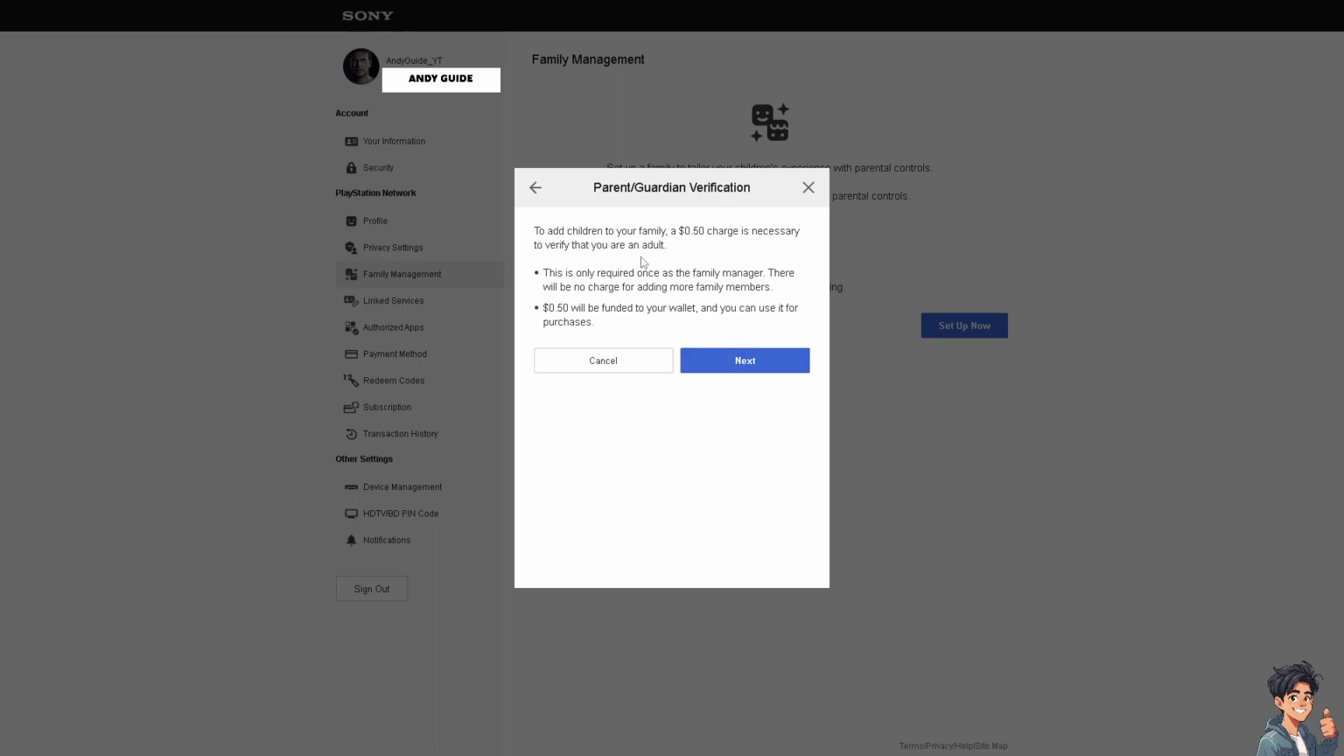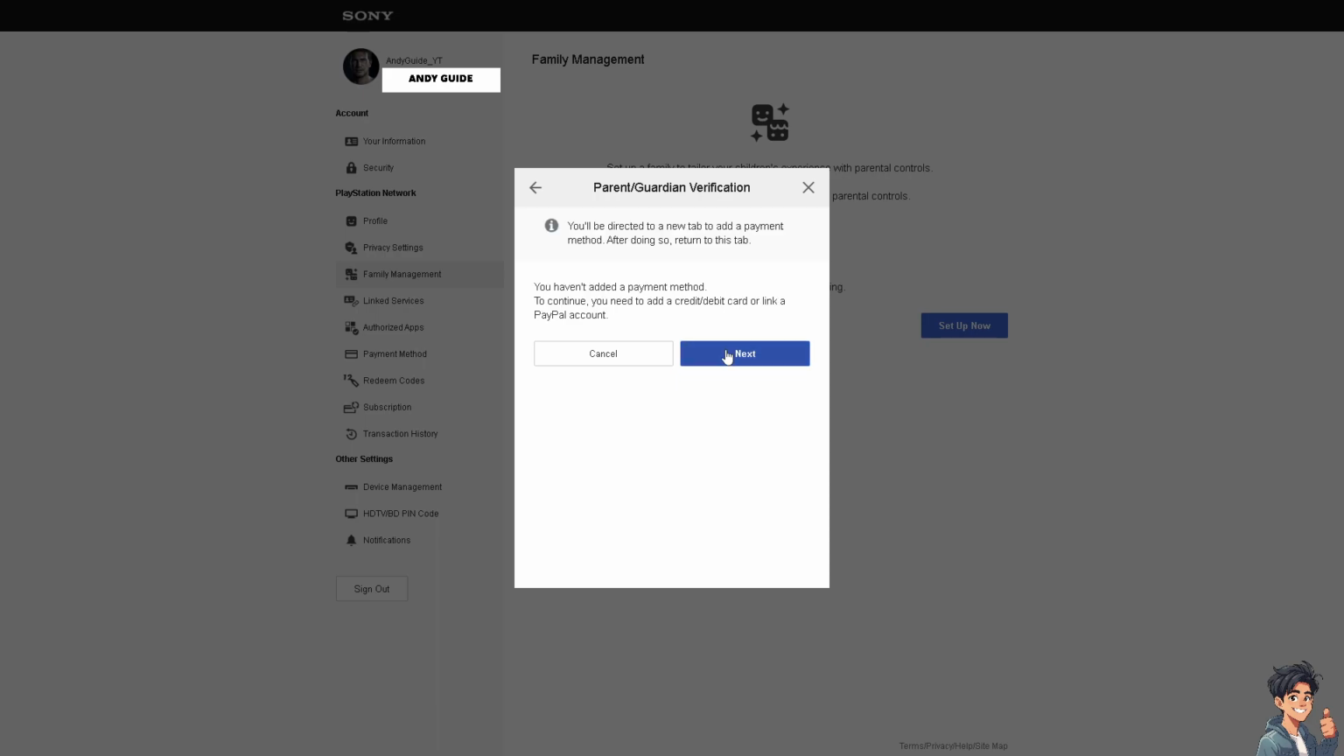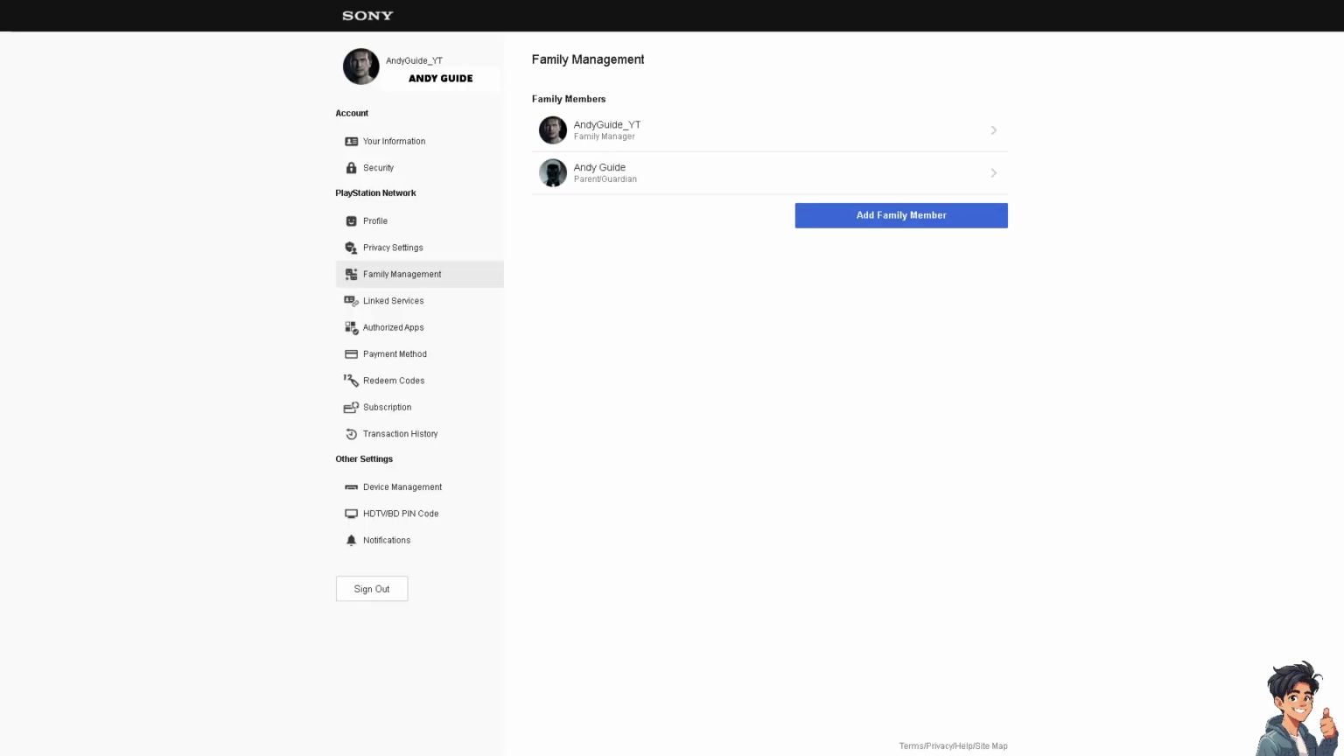Now, to add children to your family, a price or monetary value is charged, which is necessary to verify that you are an adult. All right, of course, all you have to do is just click on next, and again you need to have an added payment method. To continue, you need to add a credit or debit card or link a PayPal account. Now, once you have verified all of the payment methods in your Sony or PlayStation account, you will be able to see the member added to your members in the family management,